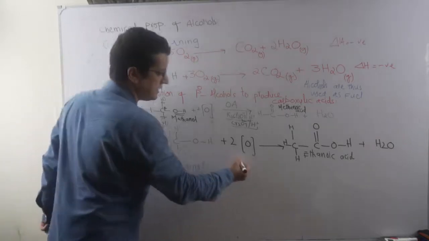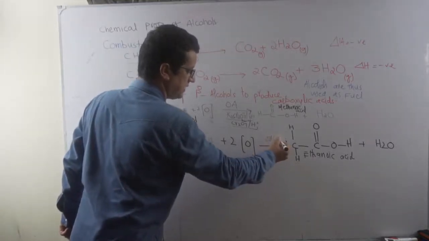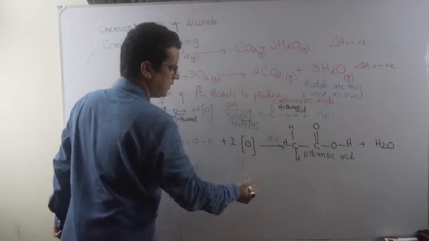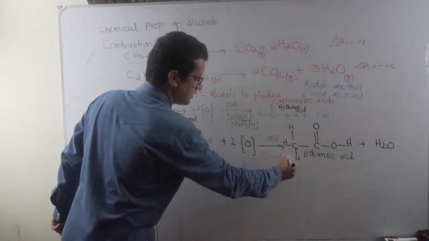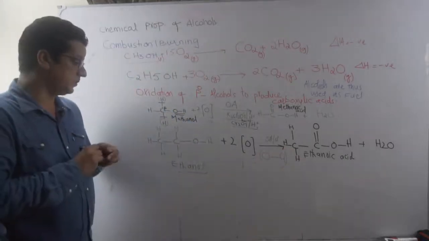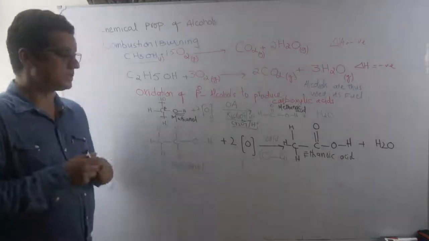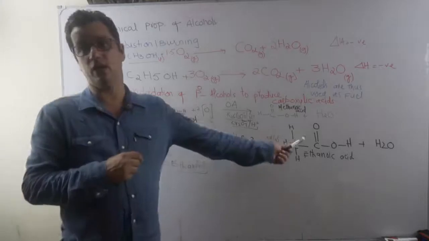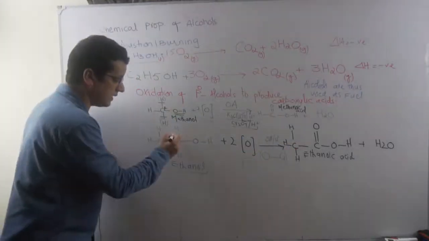When it receives oxygen from the oxidizing agent, the same acidified oxidizing agent is provided, you will find the oxidizing agent color changes from O to G, orange to green. That shows the reaction is proceeding smoothly and it's going on. The oxidizing agent provides oxygen, and this oxygen turns your ethanol to what? Ethanoic acid. Again, you need to notice this thing, that these 2 hydrogens are